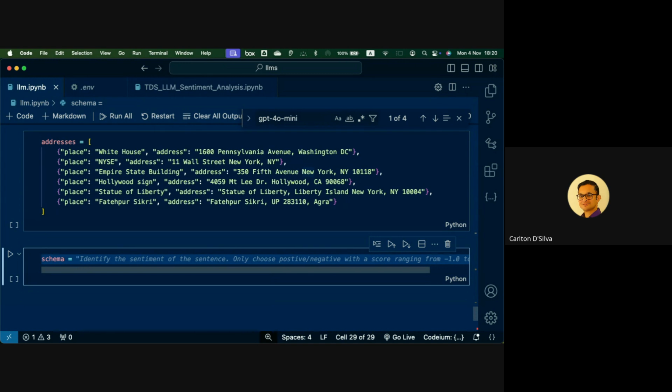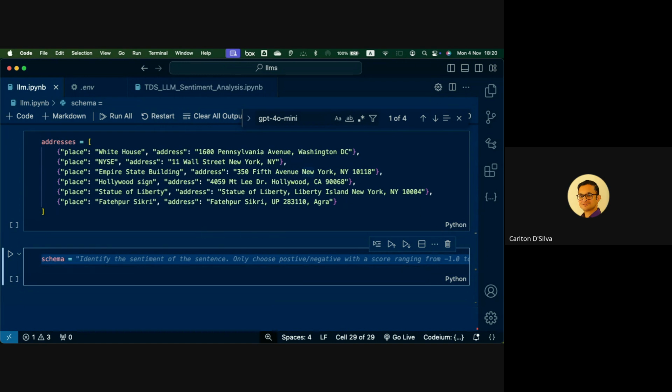So when you send a prompt to an LLM and you want data to come back to you in a very neat and structured way that you can actually do something useful with, you have to be able to tell the LLM, hey, I've got all this semi-structured or unstructured data, but now I want you to put it into some specific fields that I can then use and put in a pandas data frame or whatever it is that I need to do with it. So we have to understand how a JSON schema works.